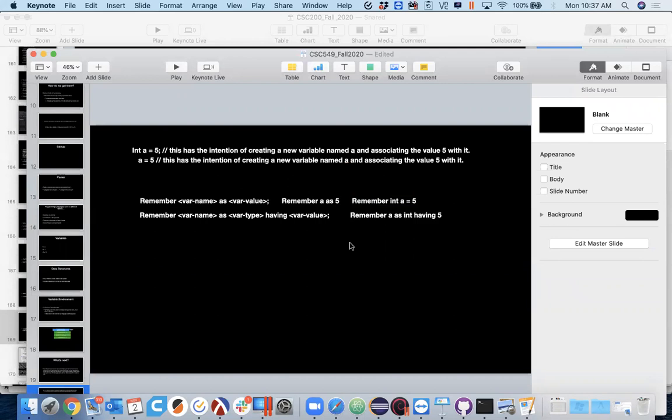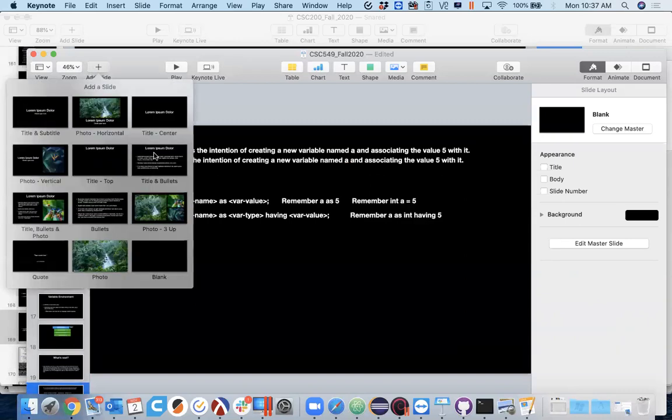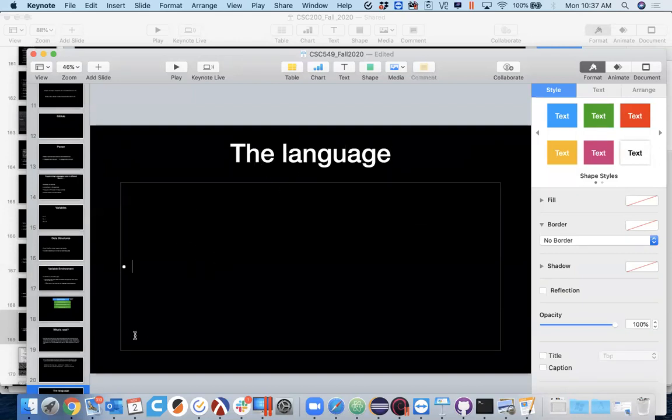Okay, so now that's when we have to start defining our language. So I'm just going to create a slide here called the language. And we can come up with a name for our language later on, so you can start thinking about that if you want. It doesn't matter what you call it, but we have C, C++, Java, C#. What's the name of our language? That's something we should come up with. But in any case, for our language,